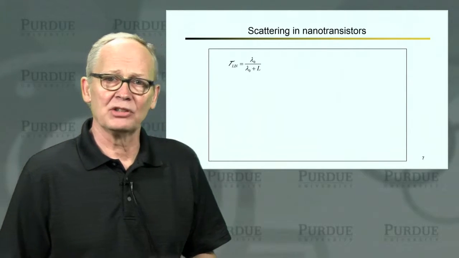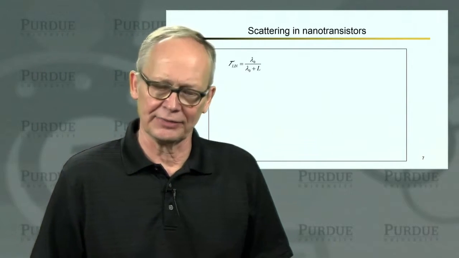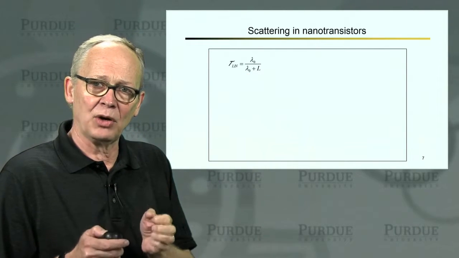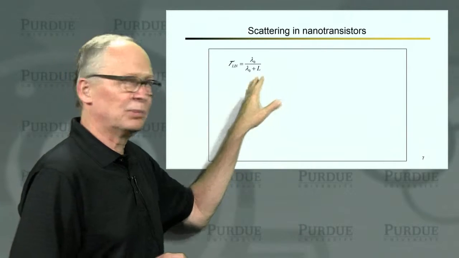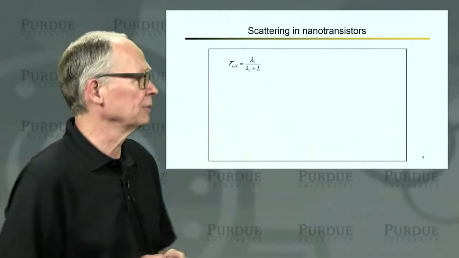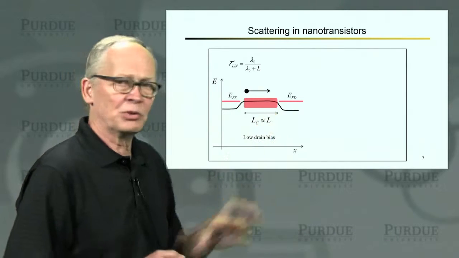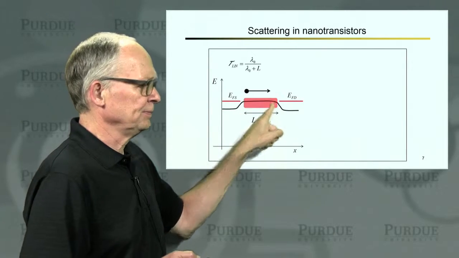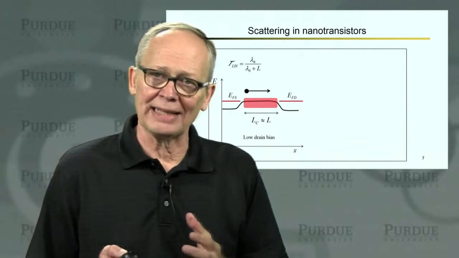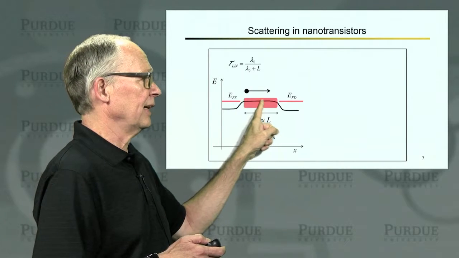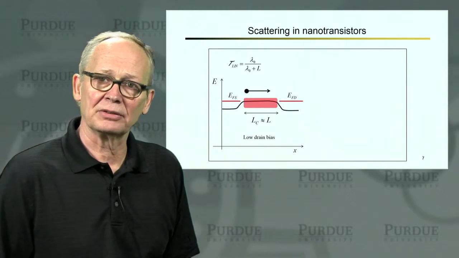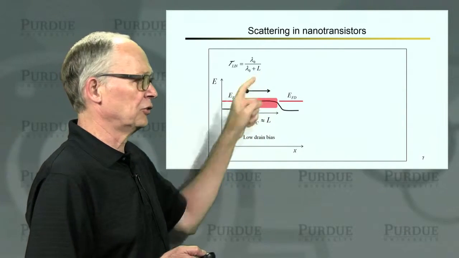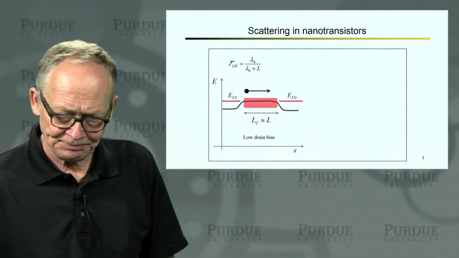Now, we spent some time trying to understand the physics of scattering in these very small devices. We derived this expression for a region that has a very small or no electric field. So we had a simple expression that actually works remarkably well for the transmission. That expression works in the linear regime. And in the linear regime, the entire channel is susceptible to backscattering. An electron that backscatters anywhere in the channel can turn around and exit through the source and not leave through the drain. So the appropriate length over which the scattering is important is the entire length of the channel.